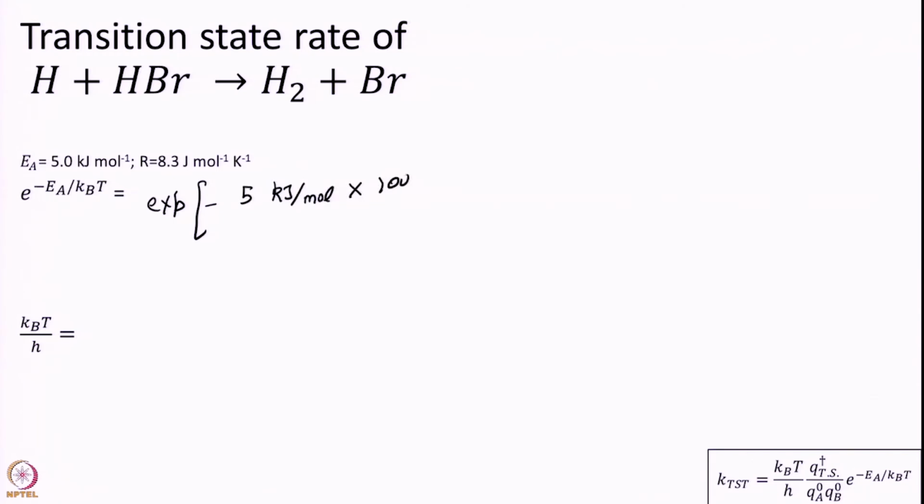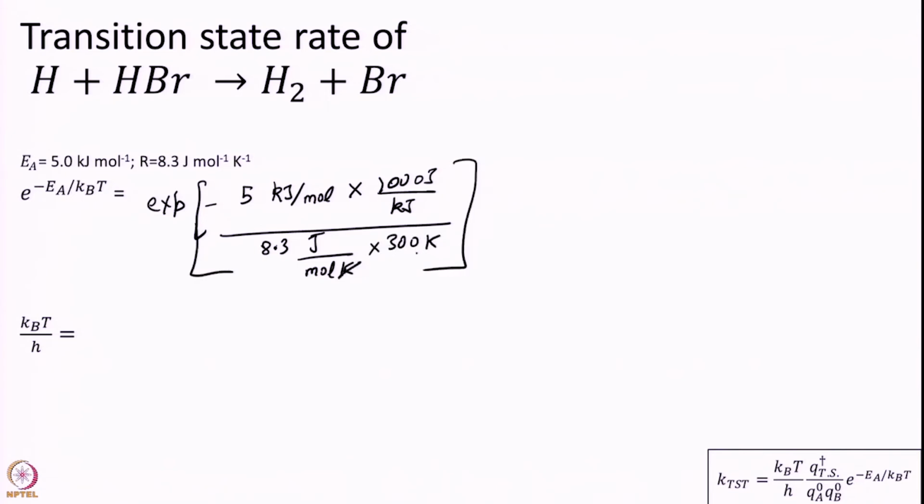I will multiply it by 1000 joules per kilojoule, and instead of using Kb I can use R if I want to use per mole units. And the temperature I am using is 300 Kelvin. So, Kelvin cancels with Kelvin, kilojoules cancels with kilojoule, joules cancels with joule, mole cancels with mole. So, it is all dimensionless, which is what I want, and then you plug it in a calculator and you get